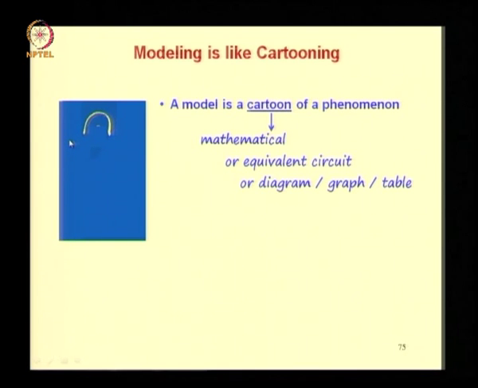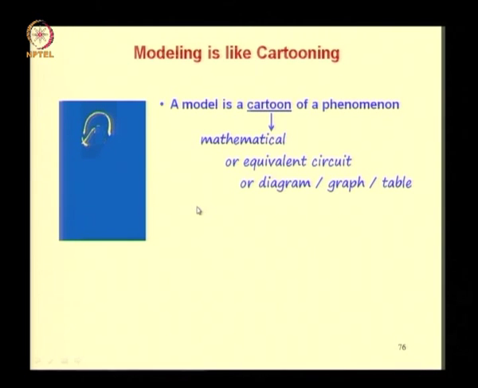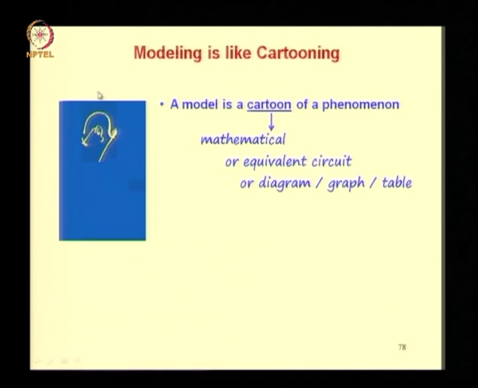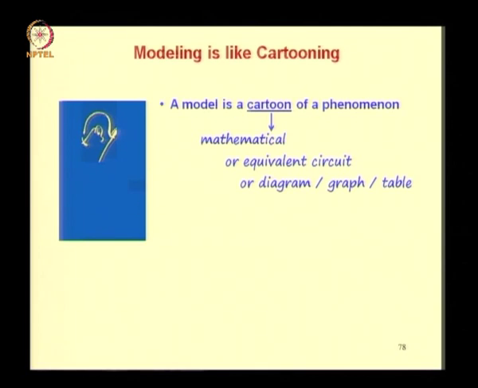Now how do you decide how many lines are required in a cartoon? For example, in this case, supposing I were to use just one curved line, this would not be sufficient to communicate the person. Let me add a couple of more lines. Now this figure is closer to communicating the person, but still some ambiguity remains. If I add a couple of more lines, these are almost sufficient to depict the person, and you can really identify whose cartoon this is.